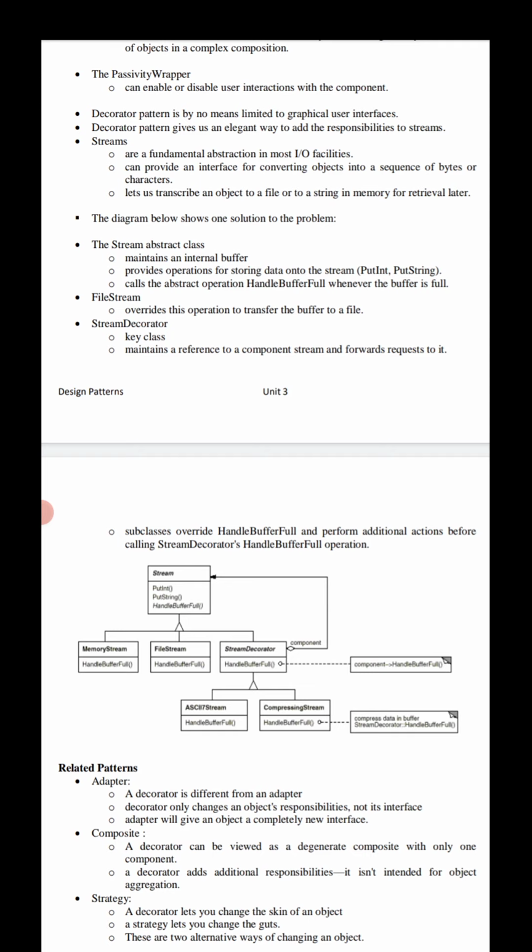Listen carefully: we want to transcribe an object to a file or a string in memory so we can retrieve that data later. The file stream overrides this operation to transfer the buffer to a file.